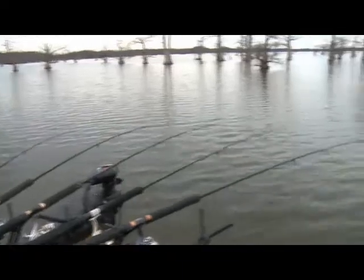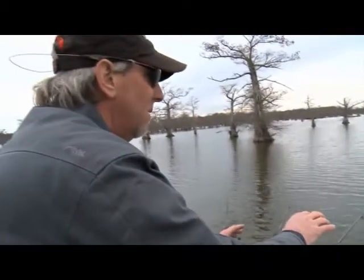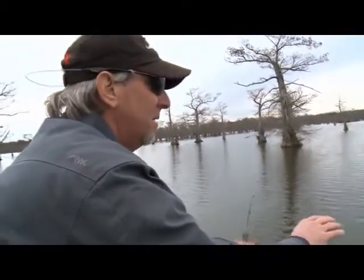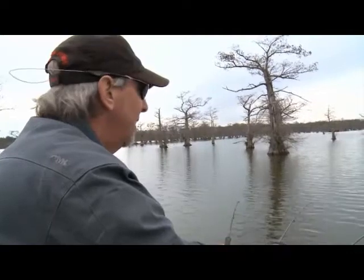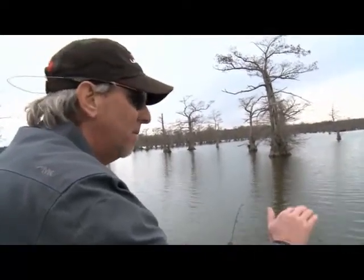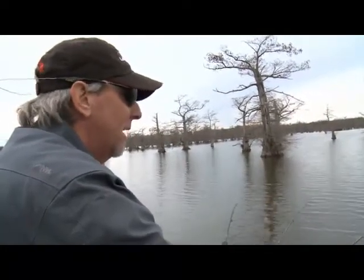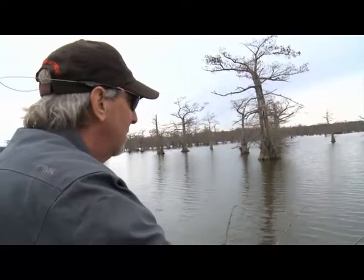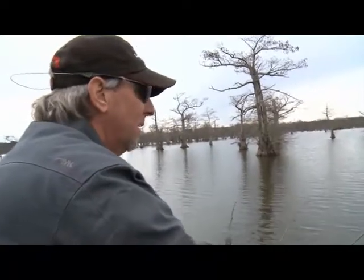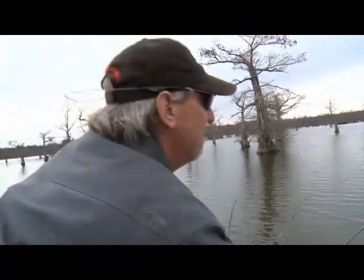I like my pole tips about 8 to 10 inches off the water. That way I'm always looking down on the tips of my poles, because a lot of times I watch my line in relation to my tips to see if I'm getting a bite. I just don't see the pole go down. You can see the tip of your pole jiggle a little bit, or sometimes you may even see your line go sideways and the pole tip may not even go down. So it's a lot of things that you have to pay attention to, other than just